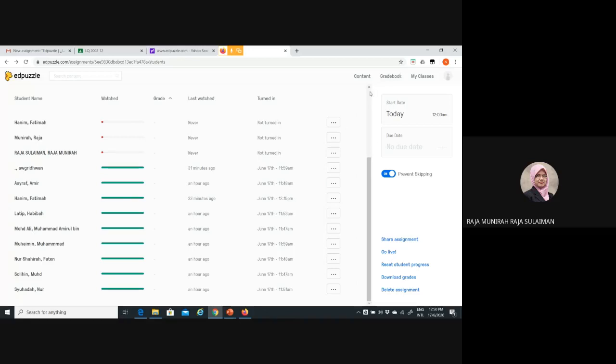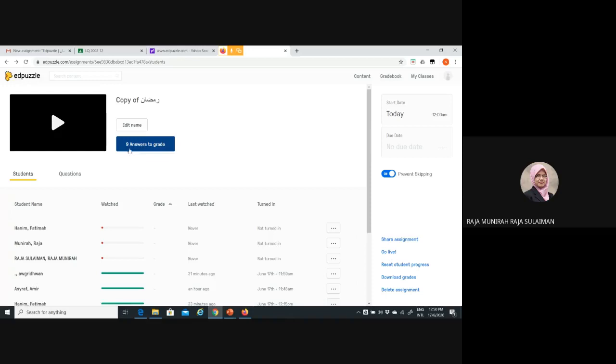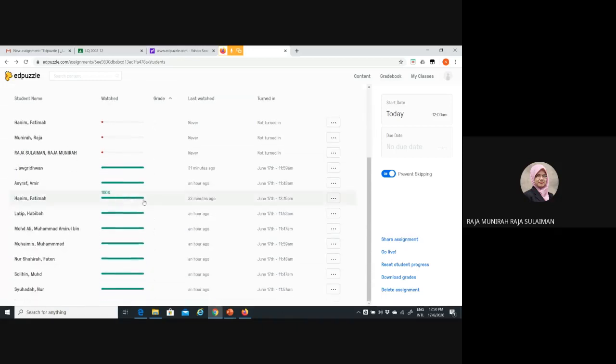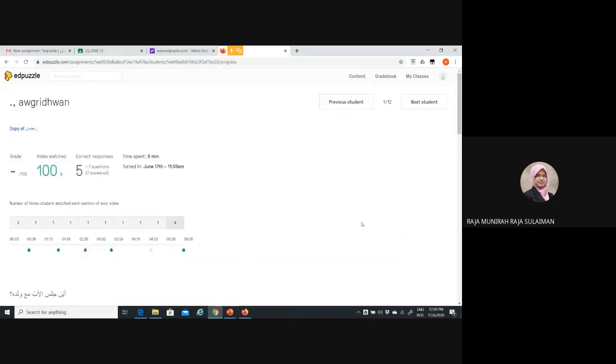When we go to the top, you can see that I have 9 answers to grade. Why? Because one of my questions needs manual marking. For example, when I click Awang, Ridwan, and I scroll down, you can see here on the top the grade is still blank.